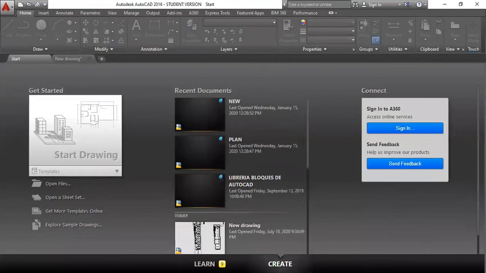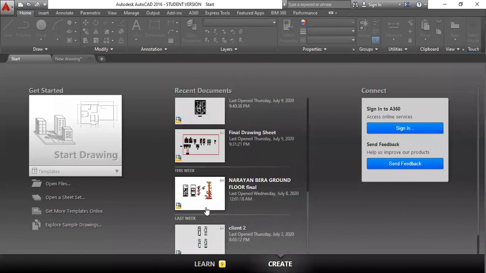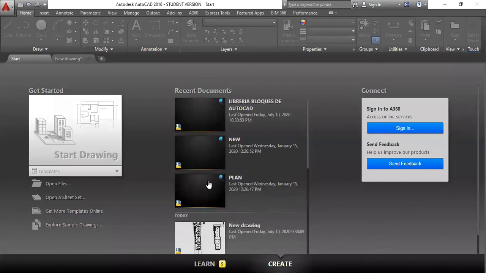Let me open a template first. I don't have that furniture template right now with me.